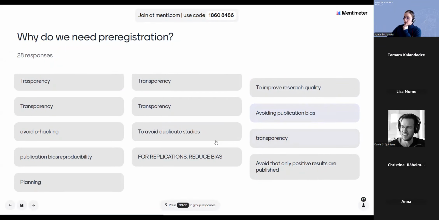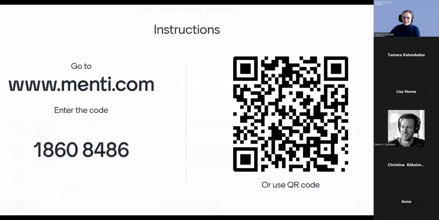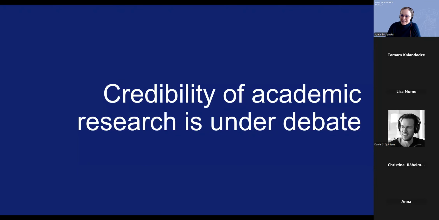to avoid publication bias, to avoid duplicate studies. This is a really interesting point. We'll come back to that. To avoid p-hacking, for replications, reduce bias. Perfect. So you're already pretty much experts on a lot of this stuff. This is really great. So let me walk you through what